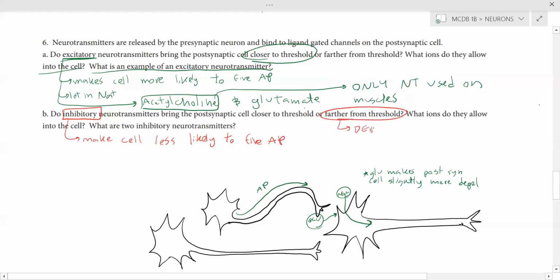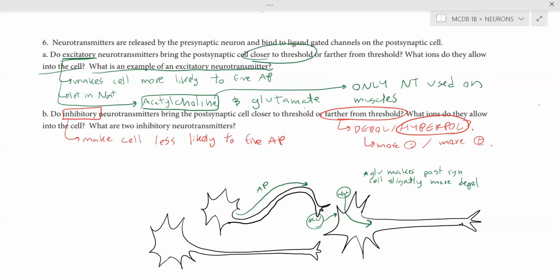So are they going to depolarize a cell or are they going to hyperpolarize a cell? I'm going to ask you the same set of questions. If you didn't get them before, this is your chance to redeem yourself, right? So farther from threshold, are you depolarizing or hyperpolarizing the cell? That means you're hyperpolarizing it. Hyperpolarizing, does that mean you're making it more negative, or more positive? Check in with yourself. Do you actually know? A cell that's less likely to fire an action potential is more negative, farther from